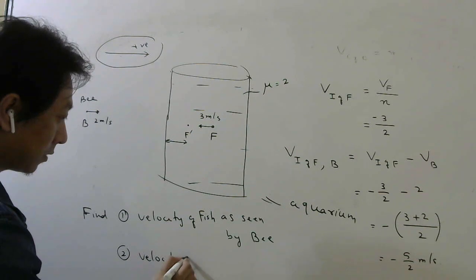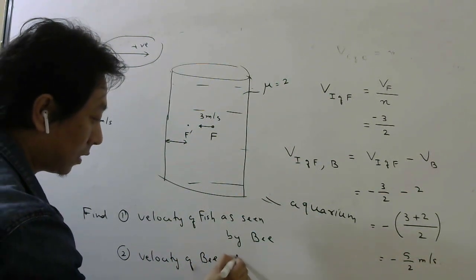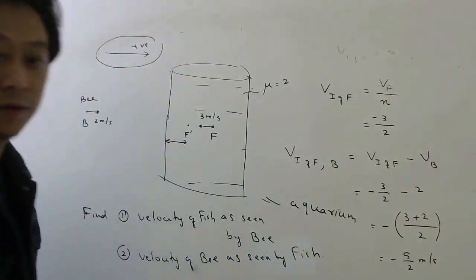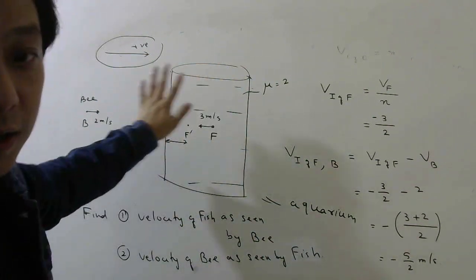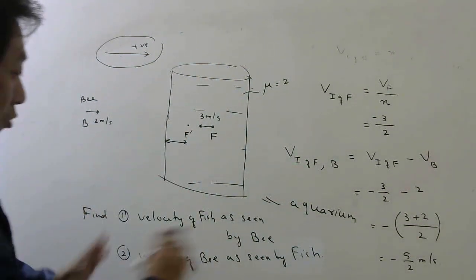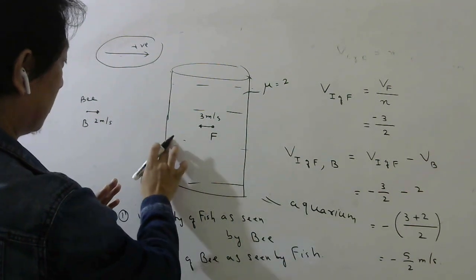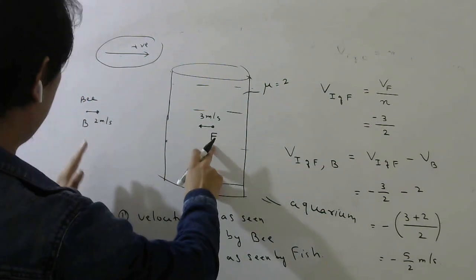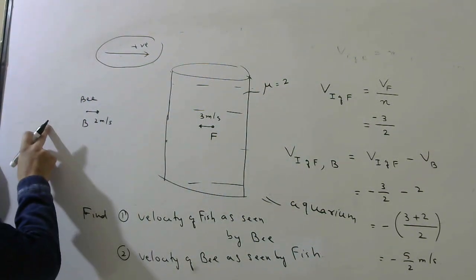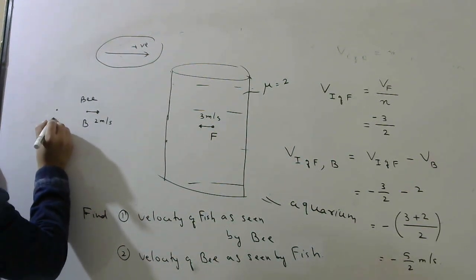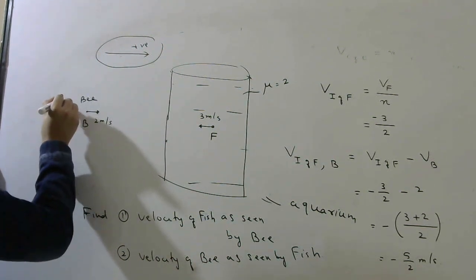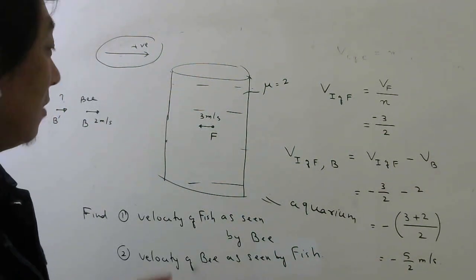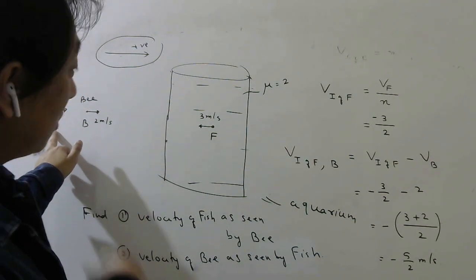Now what you do, try this one. Velocity of B as seen by fish. Okay, so try this one. Because of water, few changes happen. Now you have to, as seen by fish means this is the observer. So when he will observe this, the B will be here or here. It is in a rarer medium, so image will be here. So with what velocity this is moving, first you find with respect to surface or with respect to ground. Then you find velocity of image of B with respect to fish.